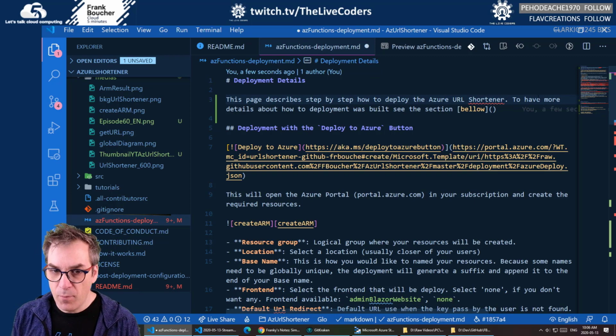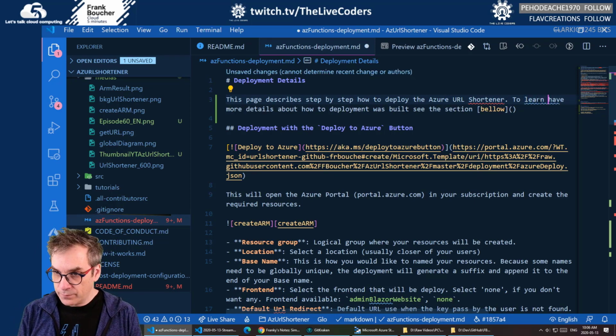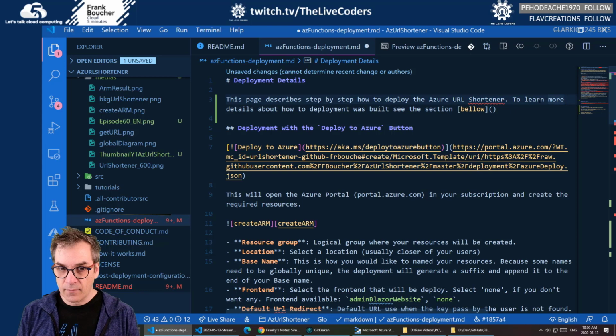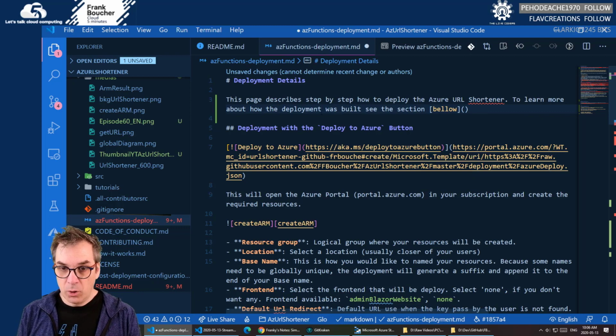To learn more about how the deployment was built, see the section below.